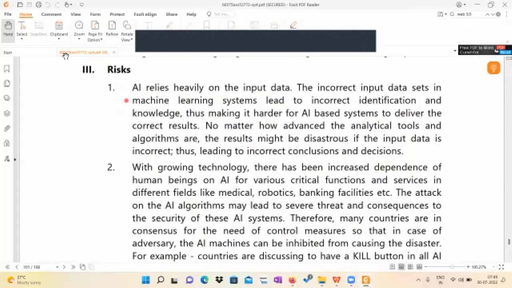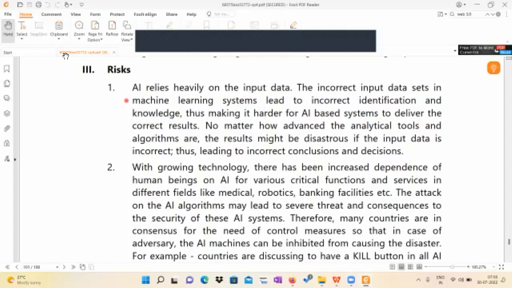Suppose, for example, the Google Assistant is there. If you say something, the Google Assistant should be able to identify the pronunciation and accordingly classify the data. Suppose if you say restaurant, it has to show the restaurants near us, near the place where the customer is giving the input, but not the place where the customer does not belong to.